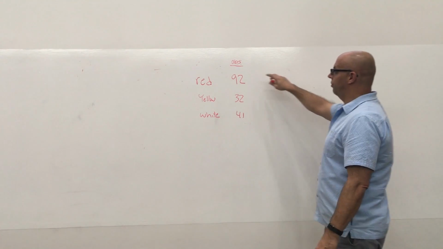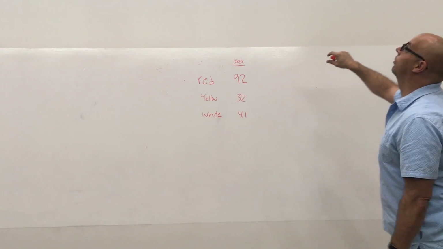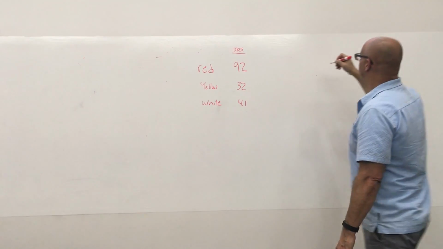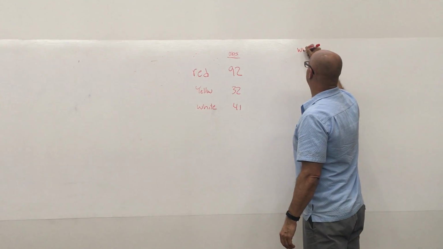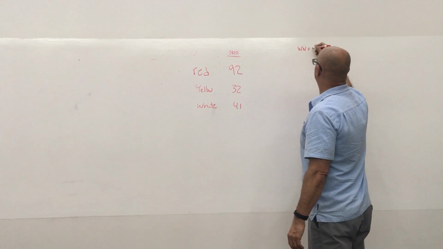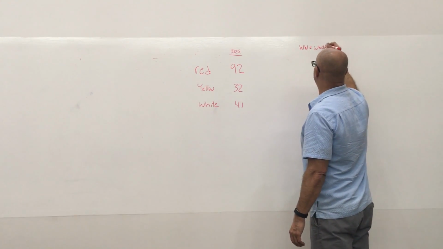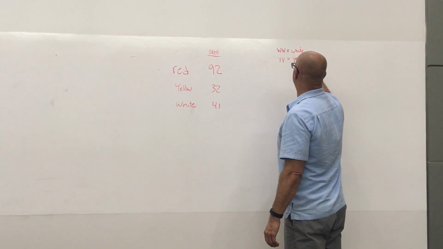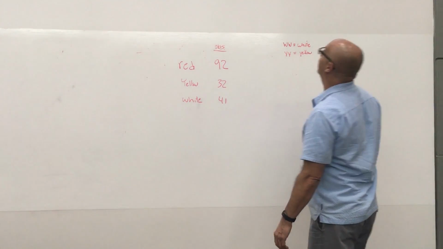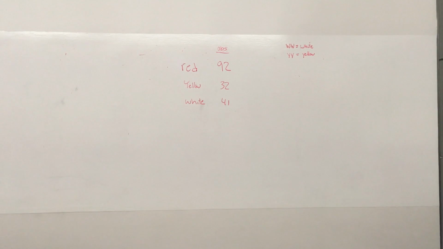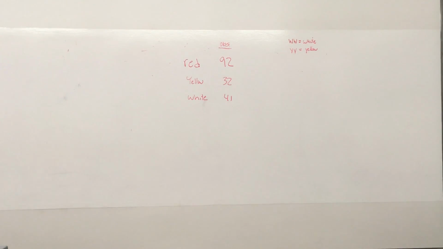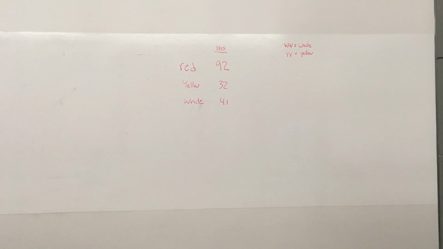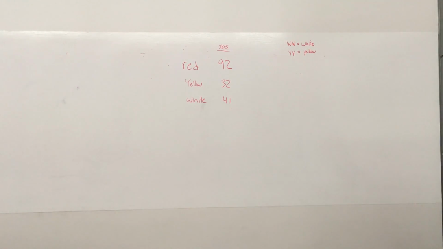So here we have the flies, right? We're not told what's dominant, recessive. What are we told? We are told that a little w gives you white, so I want to write that down. Little y gives you yellow, right? And is there anything else? We have a mutant strain homozygous for the y-eyed mutation, mating of a white-eyed fly with a yellow-eyed fly,